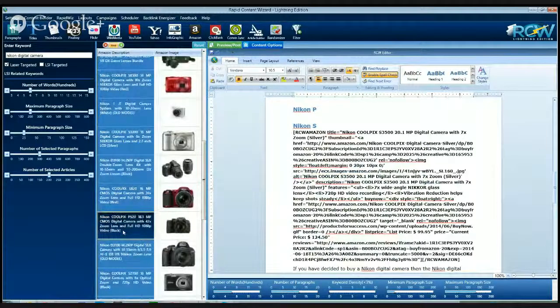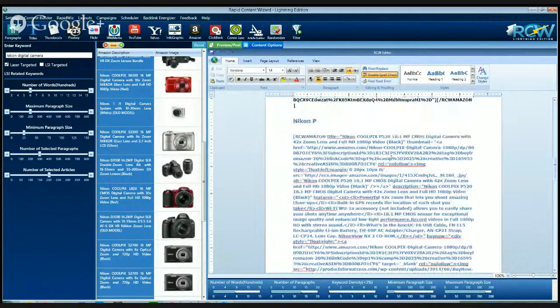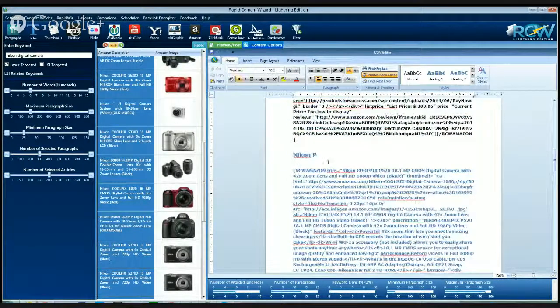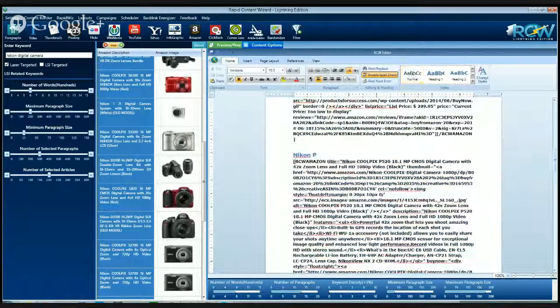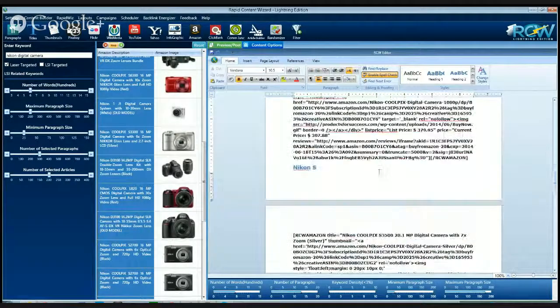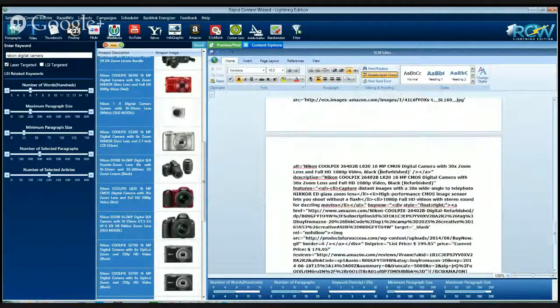Here's a P520. There we go. And then this part I'm going to make normal. Okay. So now I've got one of each kind of camera as an example,